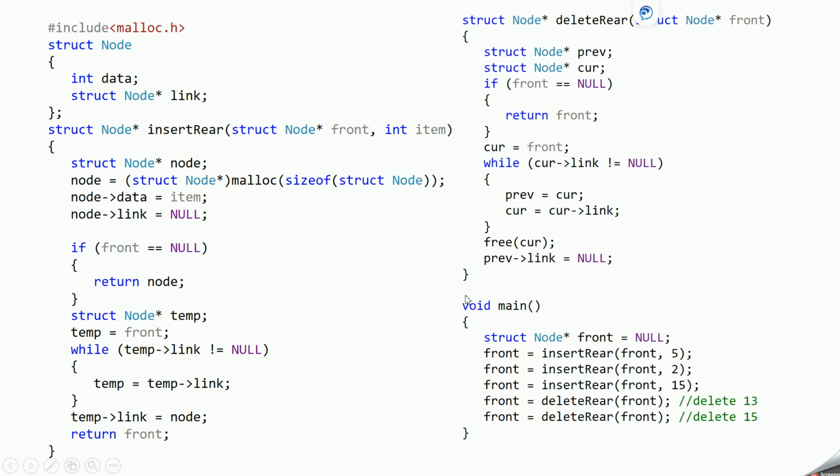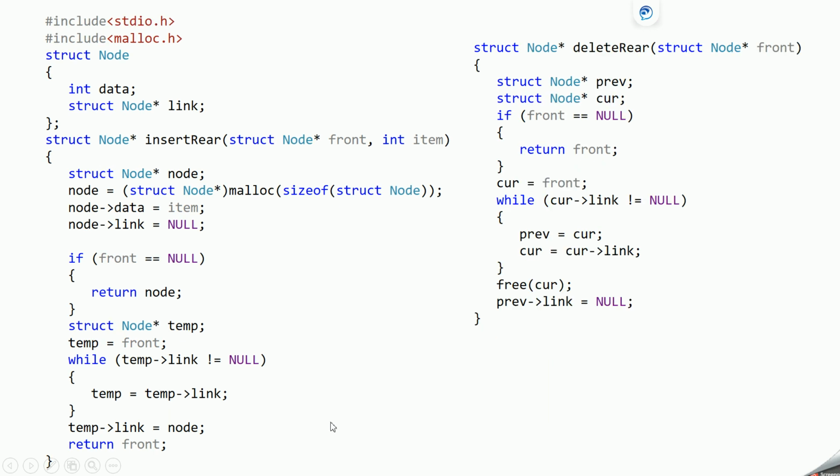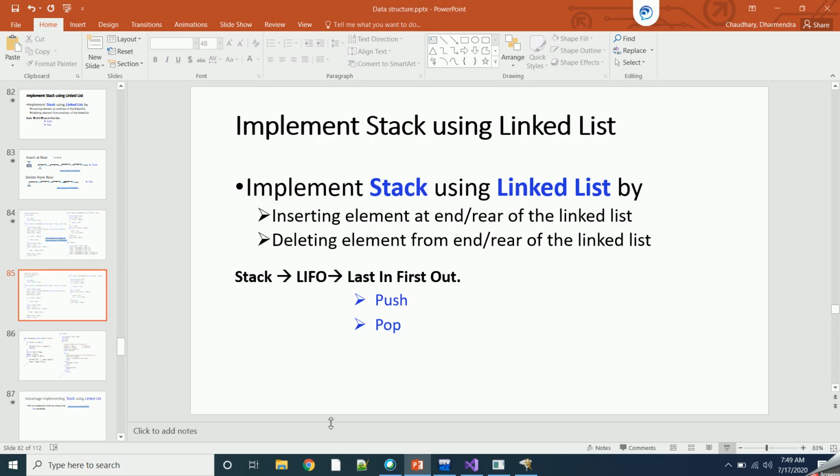Okay, so this code are explained in these two videos where you can learn how you can write this code, basically these two function, and you will be able to implement the behavior of this insertion and deletion by yourself if you watch this video.